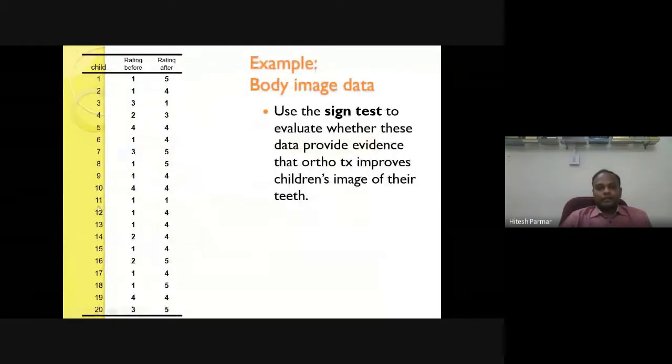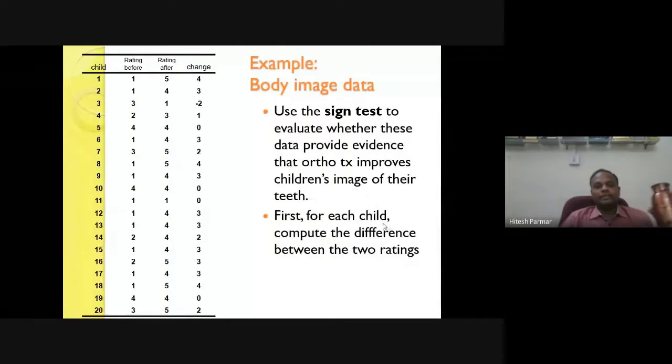Let us assume that we have a data set with respect to 20 children and their score before treatment and their score after treatment. We have just measured it before and after. Now how can we proceed further? We just need to see the change.